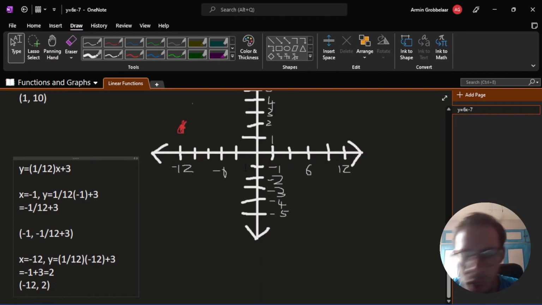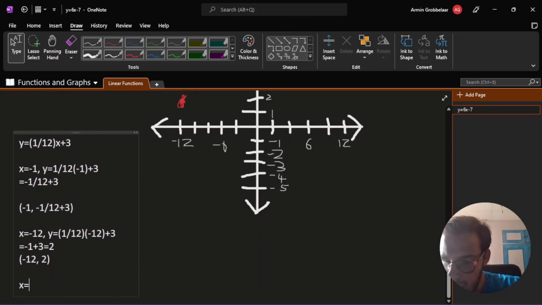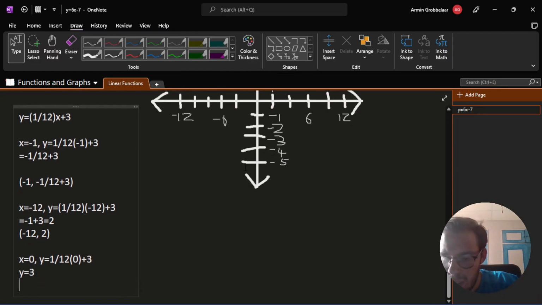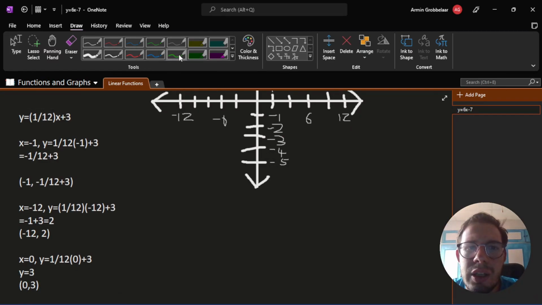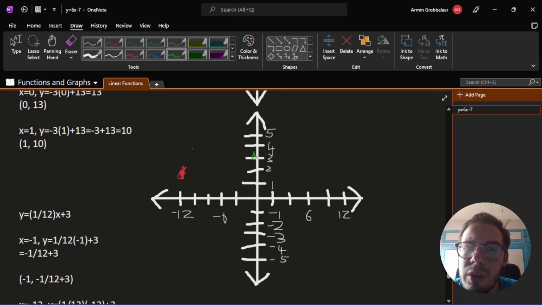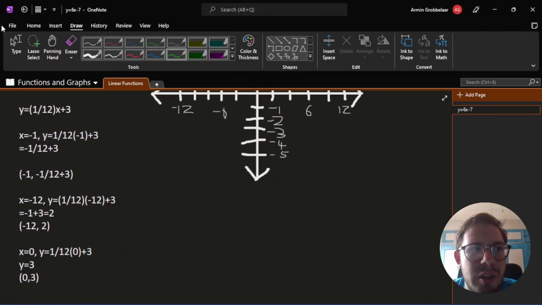So now for our x equal to 0, we take x equal to 0, then y is equal to 1/12 multiplied by 0 plus 3. So y is equal to 3. So our second point is 0, 3. So now we draw that in. So we go to the x-axis, and we go to the top to 3, and we go there. Then, for our final point,